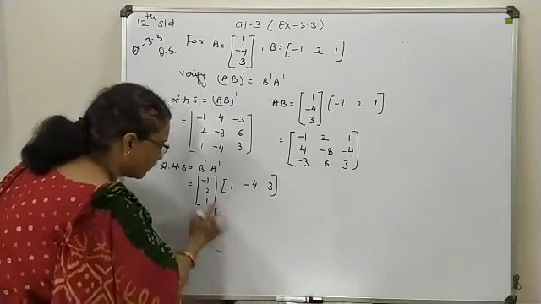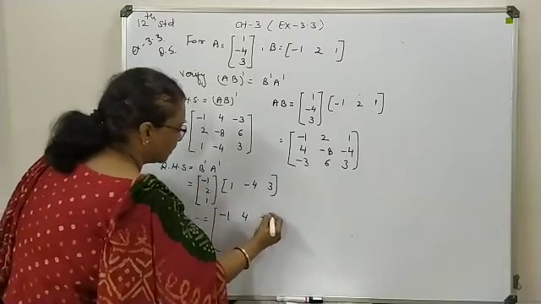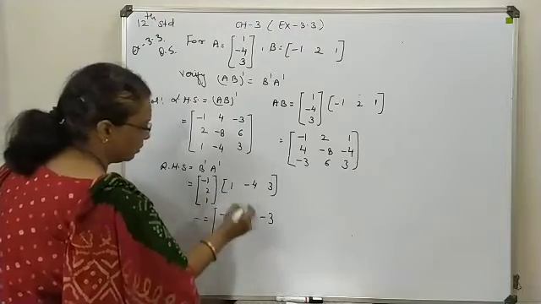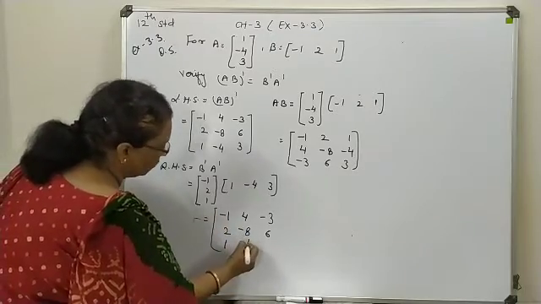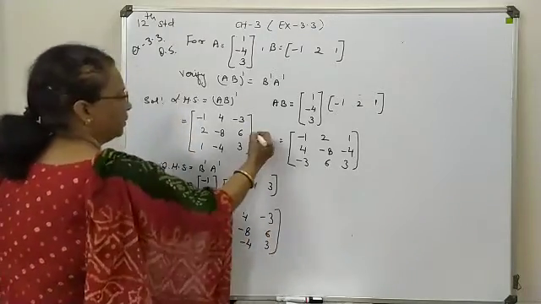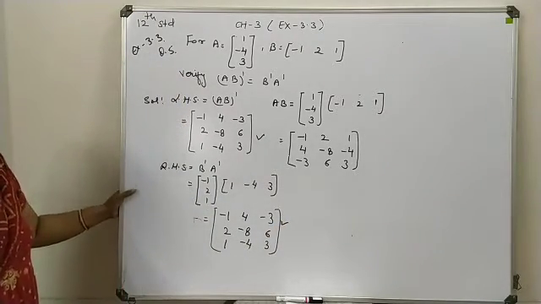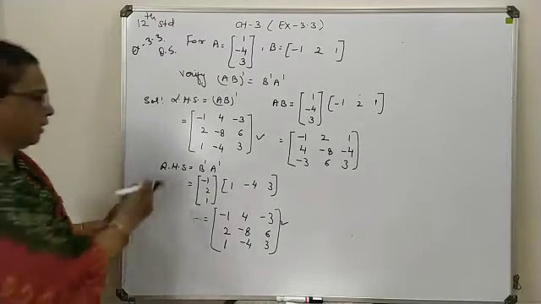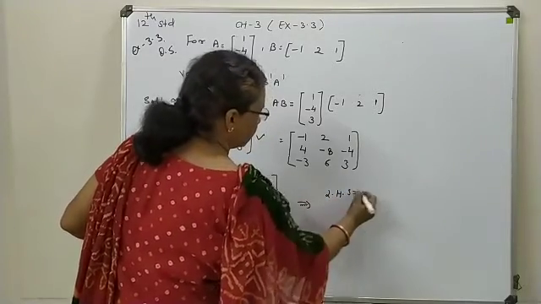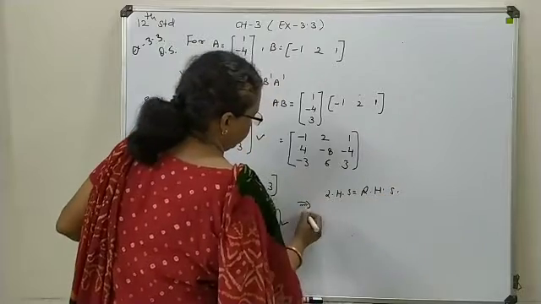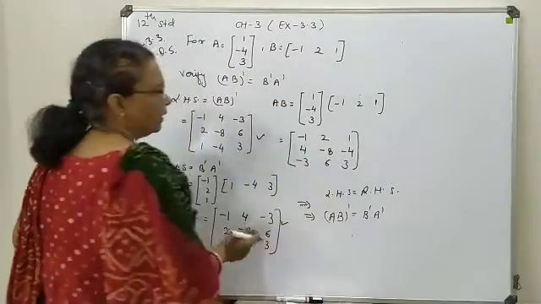So here -1, plus 4 minus 3, it is 2, -8, 6, 1, -4 and 3. If you just compare the result of these two, you can find that both matrices are the same. That means this is a verification of the product rule. So we can conclude that the left hand side is the same as the right hand side. For the result we conclude that (AB) transpose is the same as B transpose A transpose.